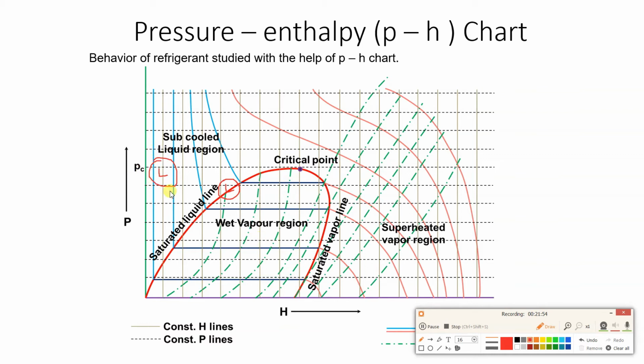So this is subcooled liquid region. Then we add sensible heat, temperature increases, and it reaches the saturation temperature. Now after reaching the saturation temperature, which is denoted by this saturated liquid line, if you add latent heat, what will happen? That liquid will start converting into vapor. So here you will get liquid plus vapor. And finally, if you go on adding the latent heat, on the saturated curve you will get 100% vapor.